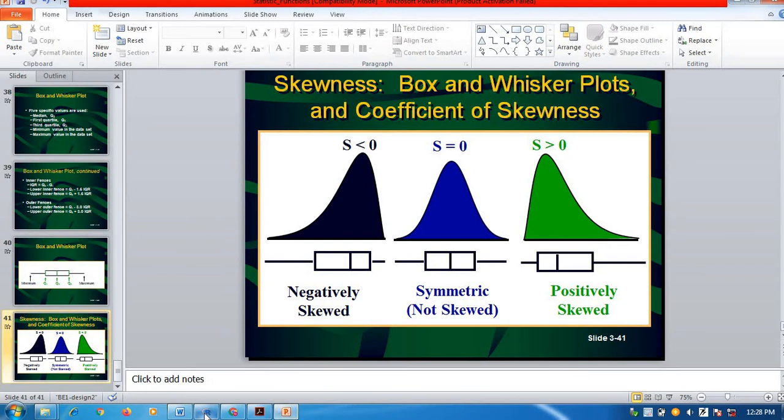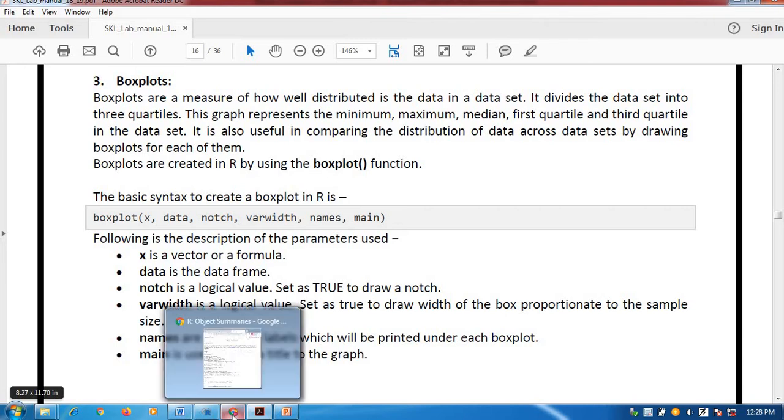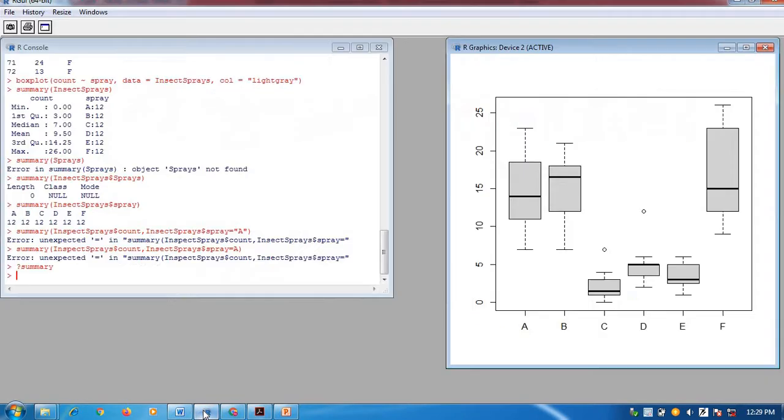So now we are moving to our R discussion. A box plot requires multiple parameters which we have already discussed. Now we are trying these commands. I am just giving you one example.